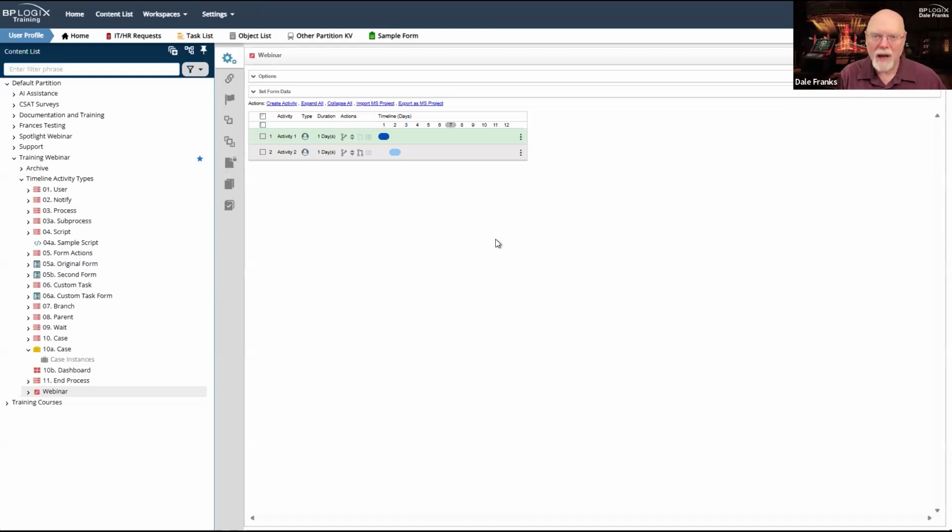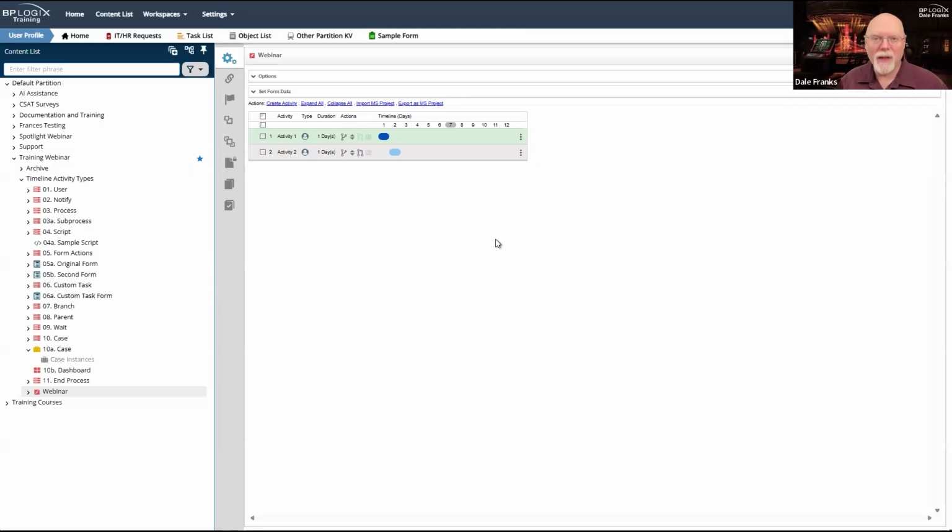They'll both happen at the same time, and we probably don't care too much, because by the time the user actually gets to open his user activity, the script will have already fired and whatever the script was supposed to do will already have been done. It doesn't cause a problem. But